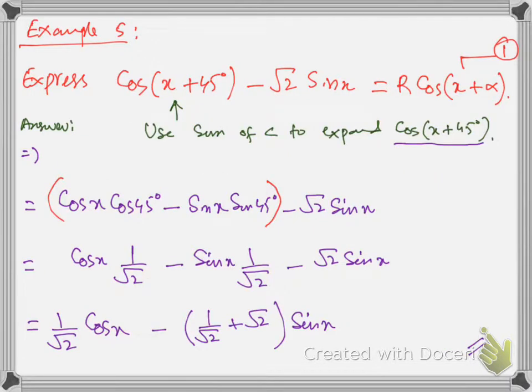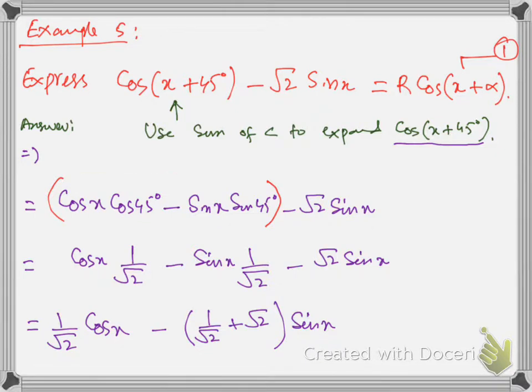Now this is the last question of today's class, this PDF. Express cos x plus 45 in this form. In this question, one very important thing is we have a compound angle form. So we cannot express this right now unless we first simplify it. First simplify this compound angle by using its formula, and then we can express it in the form. So first expand cos x plus 45 by using its formula.